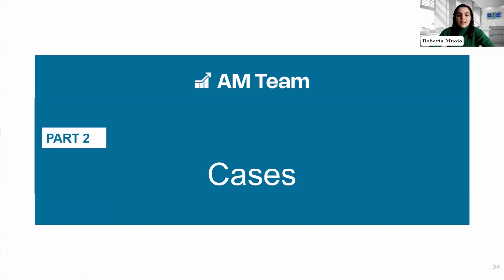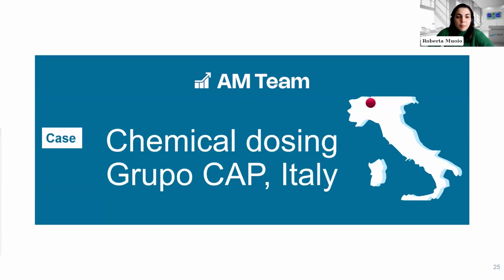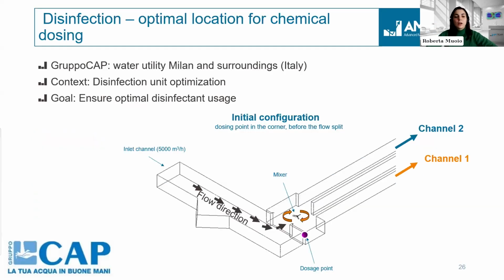All right, thanks, Peter. So the first case example indeed brings us to Italy, in the north part of Italy, where we work with Gruppo CAP, a water and wastewater utility in the Milan region and surroundings. We help them in optimizing their disinfection unit. So the goal there was to ensure optimal disinfectant usage by finding the optimal dosing location of the disinfectant, of